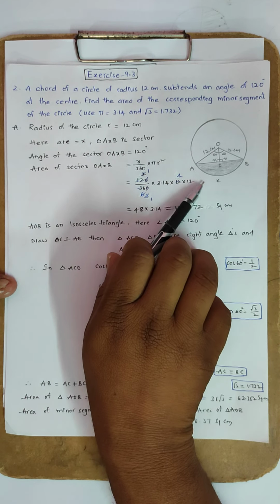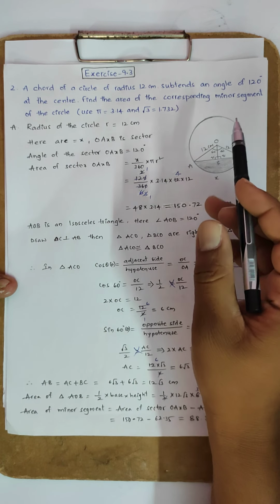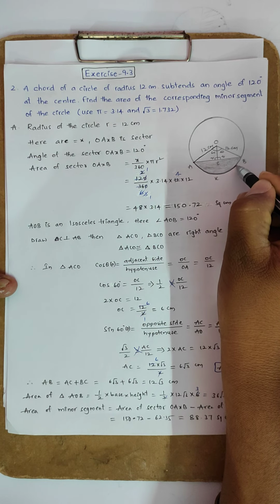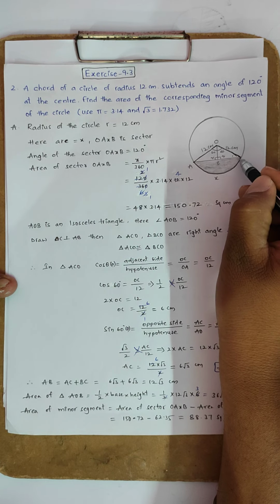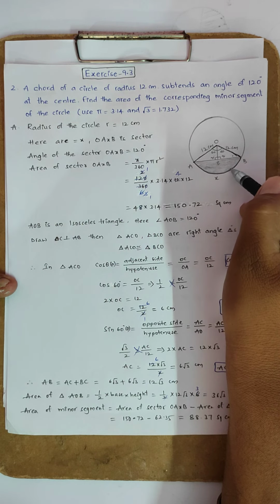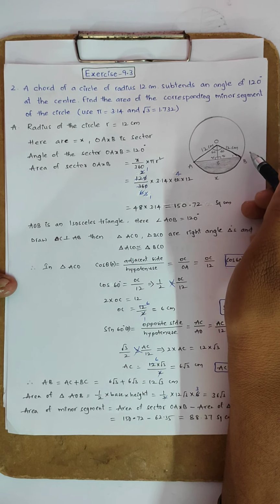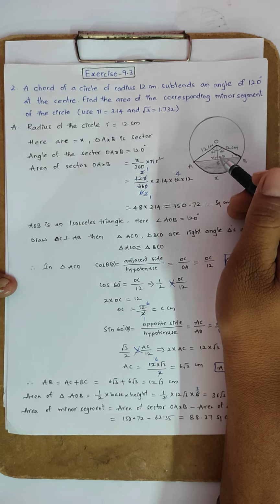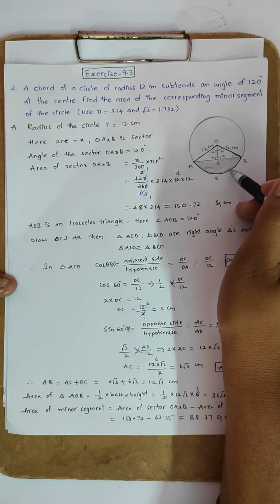Here arc X. Now OAXB is a sector. This one, OA, arc XB. This is the sector. In this sector is included this minor segment. Now find the area of this sector, then find the area of the triangle. Finally, if you find the difference of the area of the sector and the area of the triangle, you will get the area of the minor segment.